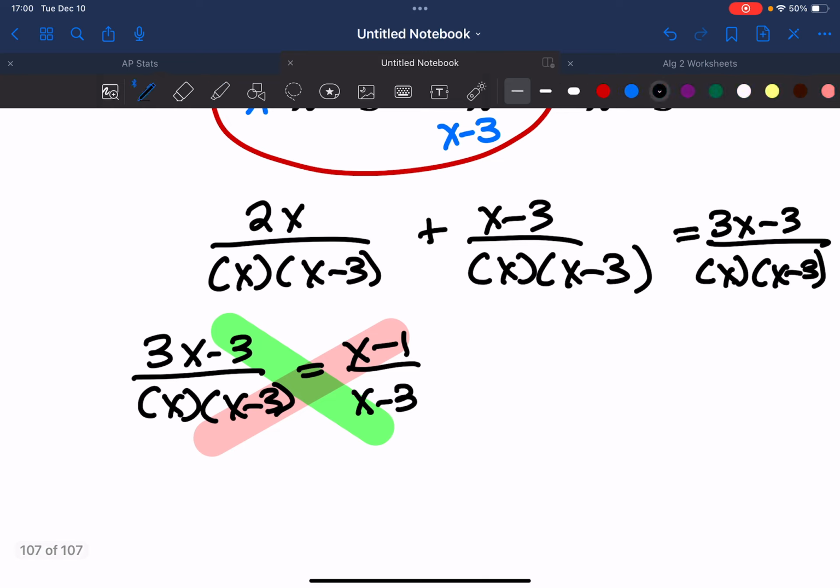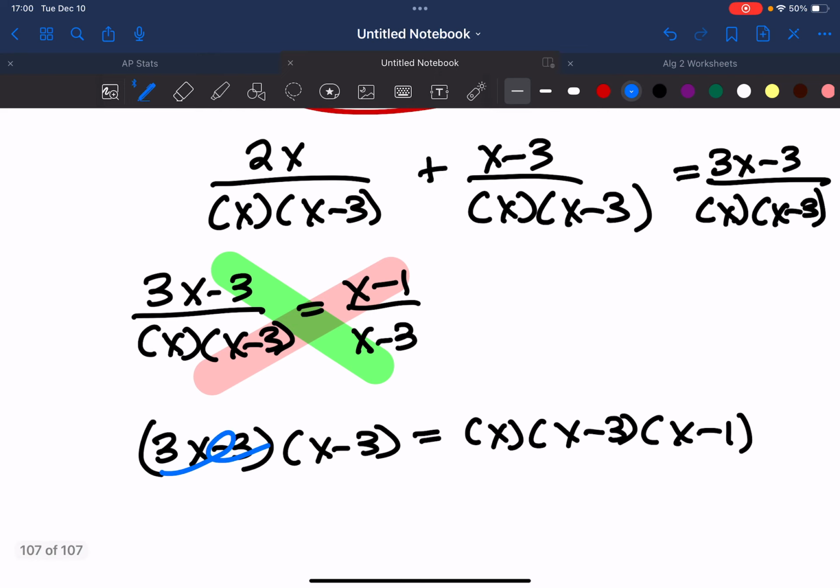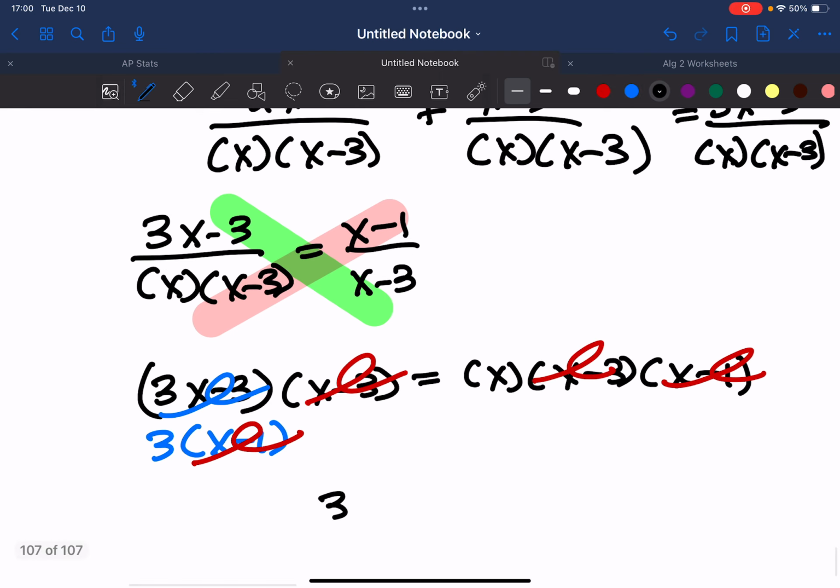Then I cross multiply, and I get 3x minus 3 times x minus 3 is equal to x times x minus 3 times x minus 1. Well, I can rewrite 3x minus 3 to be 3 times x minus 1, which means I can cancel out the x minus 1s and the x minus 3s,